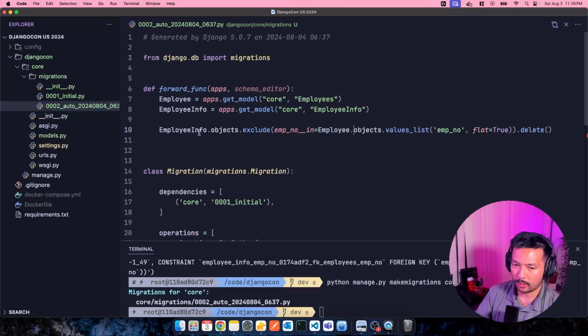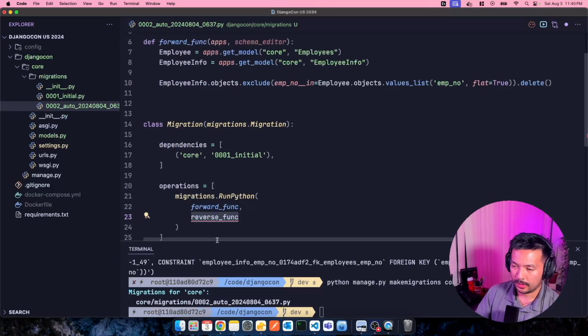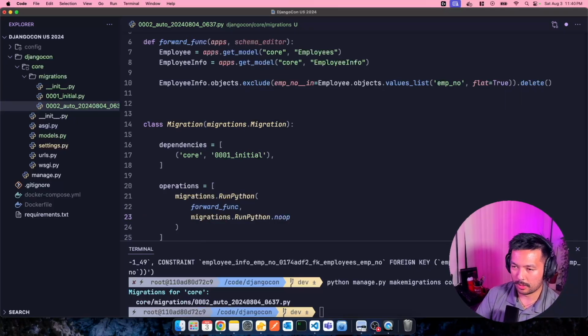This will be a one-way operation, so there's going to be no way to get those deleted rows back. And since this is an operation that can't be reversed, we actually don't really need to have a reverse function. We can just do migrations.RunPython.noop. And so now what this will do is clean that column, the employee number column in the employee info table. And so